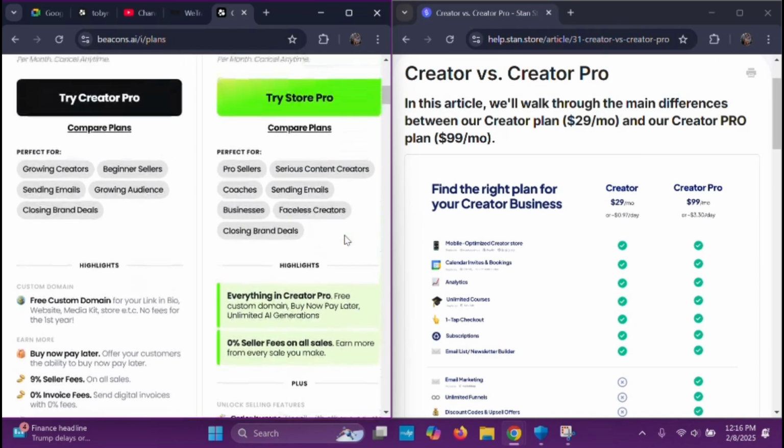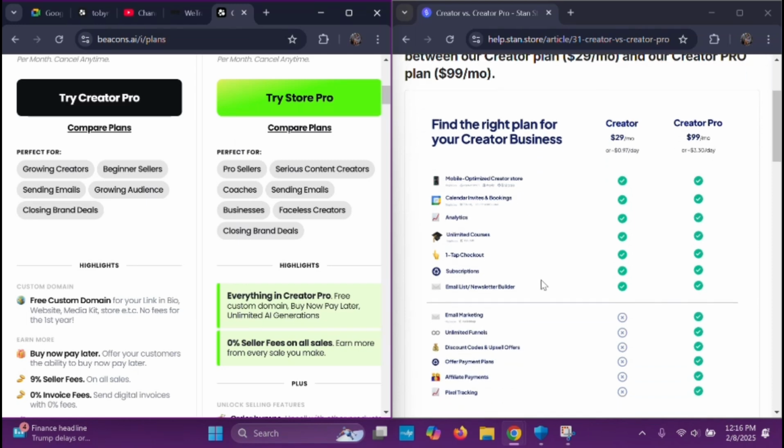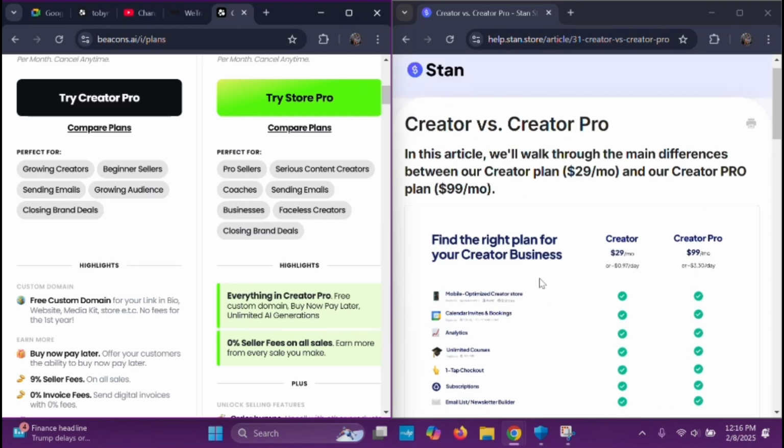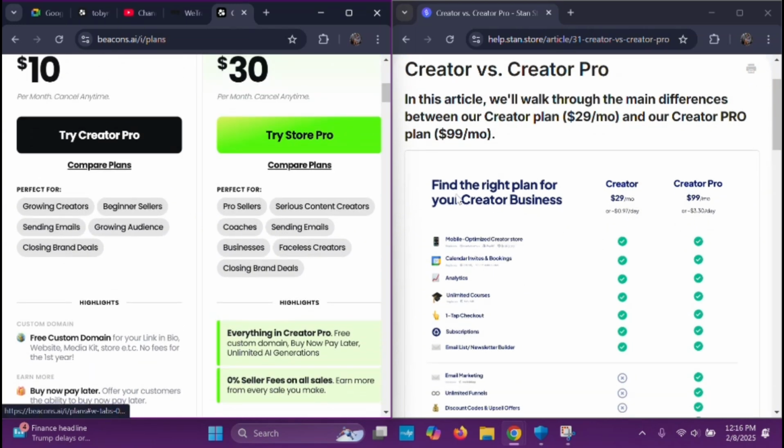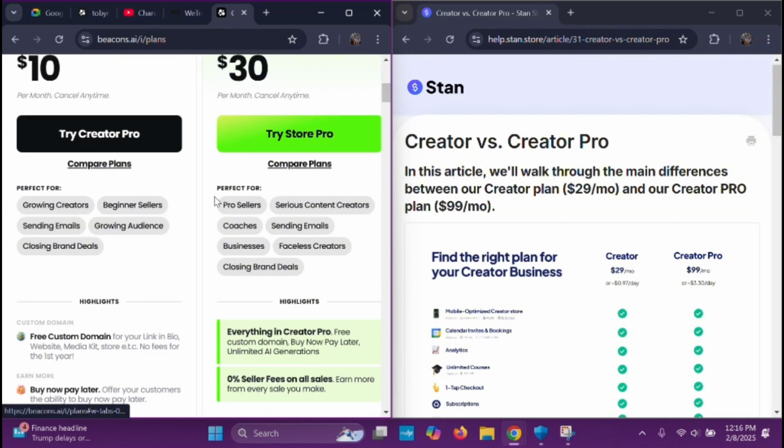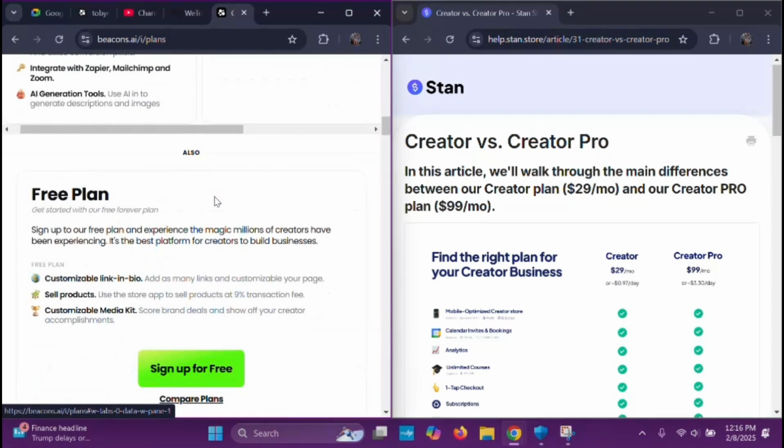Now, one reason I think that Beacons is able to offer cheaper plans is probably because Beacons started in 2019 and they have like over 3 million users, and Stan Store started in 2020 and they have about 55,000 users, right? But based off of the plan, I would say Beacons wins because as a new content creator, you can